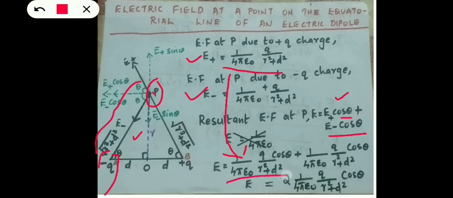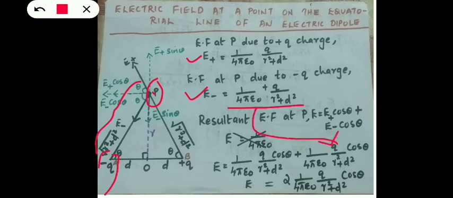So this is the expression for E plus, and along with that you must write cos theta, plus E minus cos theta. So substitute the expression for E minus. What is the expression for E minus? E minus is 1 by 4 pi epsilon naught into Q by R square plus D square. So substitute that expression here, and again, along with that, you must write cos theta here. Okay. So when you add, both expressions are the same, so you will get 2 into 1 by 4 pi epsilon naught into Q by R square plus D square into cos theta. Next, we want to find an expression for cos theta from the figure.